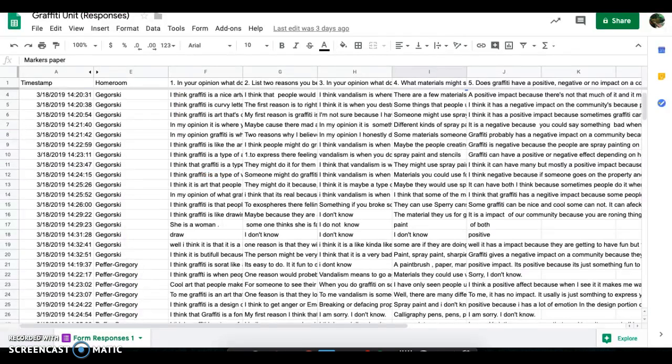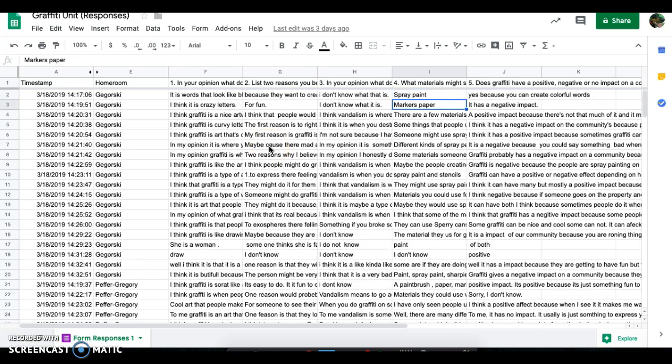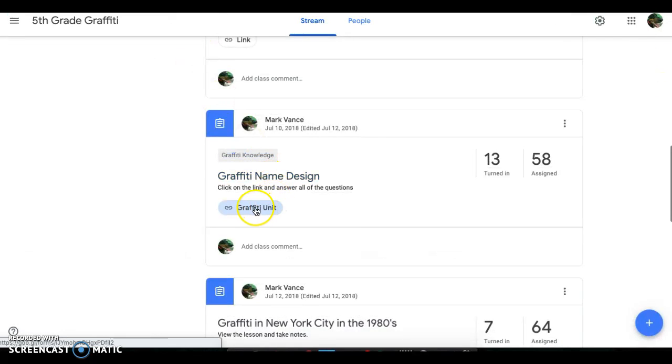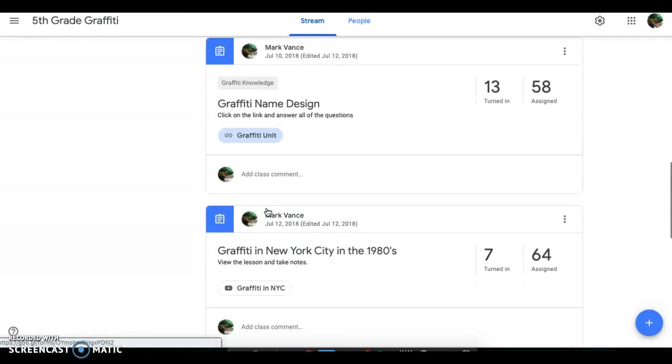Here's evidence that my students actually did do this. Here we can see on the side over here are the homeroom teacher's name, and then I can review each of my students' comments and what they felt. This way I can get a pretty good sense of what they felt like prior to going through the lesson, and then there's also a form that they'll be filling out that I'll show you in a second after they watch my lessons. So if I go back here to my classroom, after they filled out that pre-assessment form,